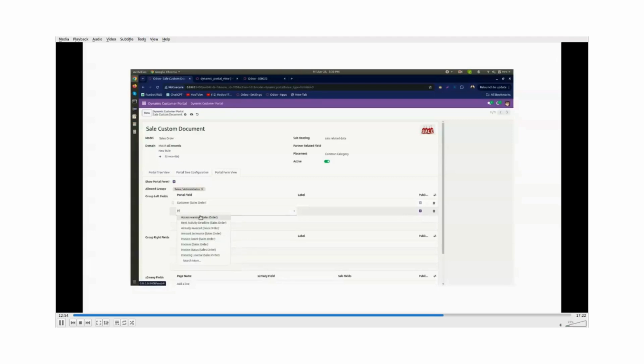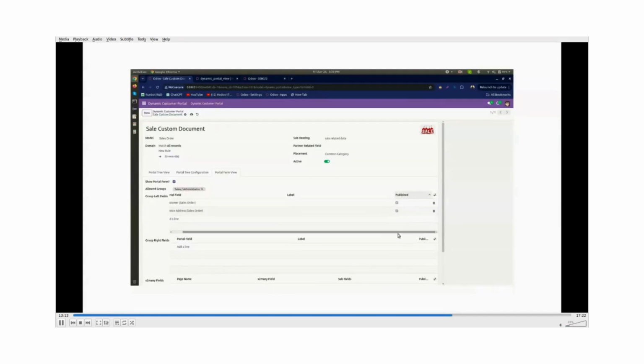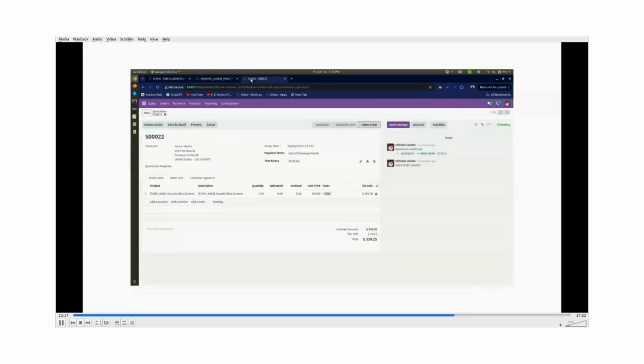The next field we are selecting is address, invoice address. You can give a label to your field. Here is the publish column. If you want to show it on the portal or not, you can uncheck from here.